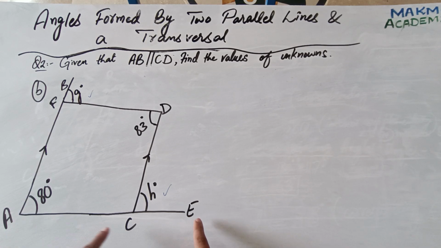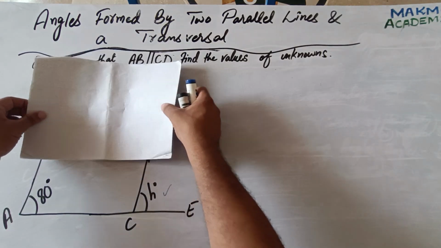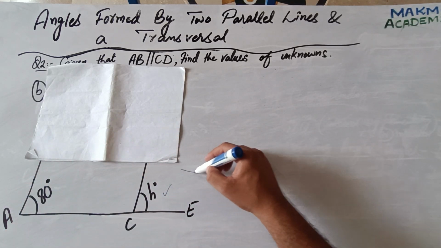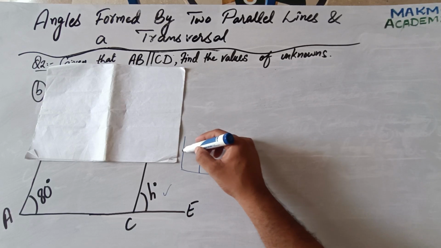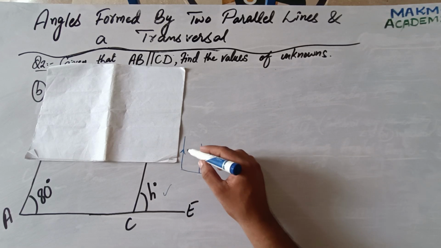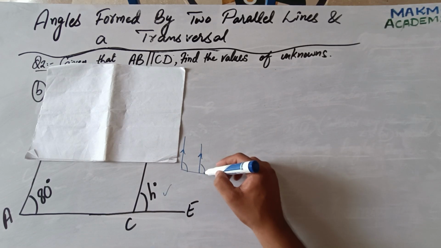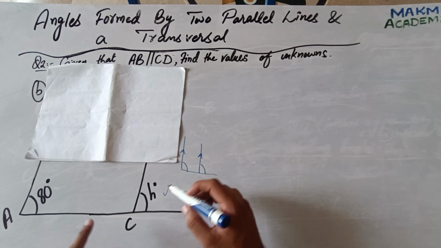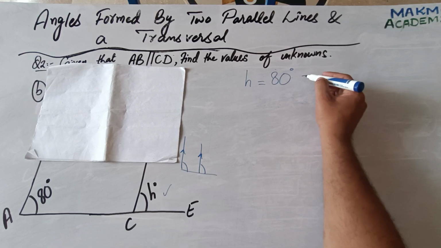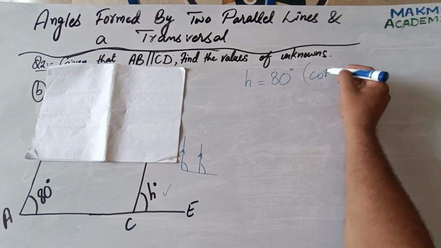It means that line AE is the transversal. So if AE is a transversal, we will see this from this perspective. We will hide this picture and look at it from this perspective. Can you see a letter F? Again, the letters F, Z and C would all be considered from the perspective of parallel lines. If two lines are parallel, these are under the arms of the letter F. So these two angles are equal to each other according to corresponding angles. So H is equal to 180 degrees, and we will give the reason: corresponding